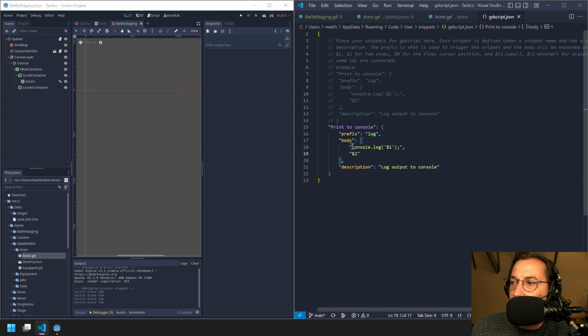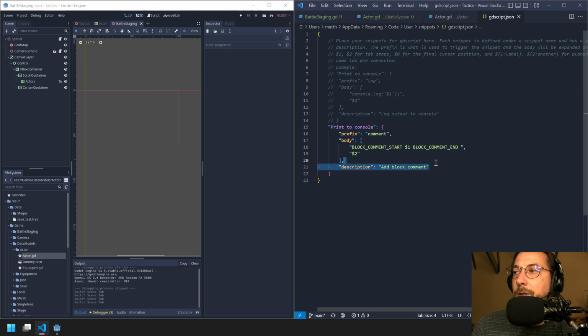It would be block comments end like this, and block comments start like this. And then we could write prefix could be comment. Description: add block